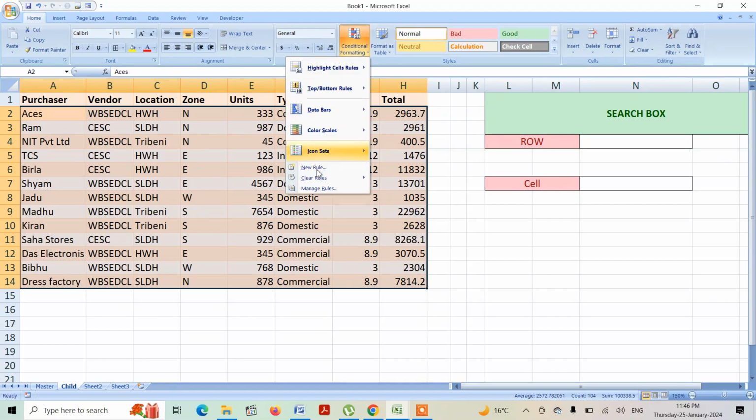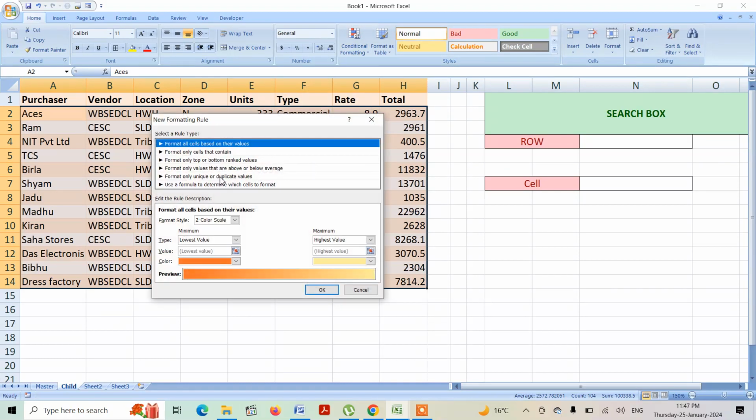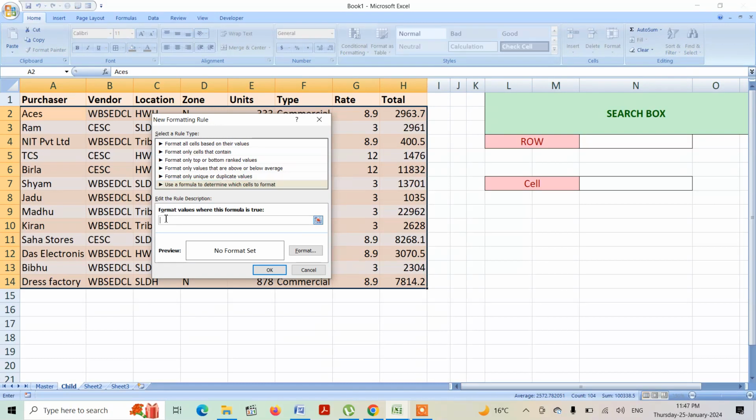So let me select the range of cells over which this conditional formatting will be working. We will be going to conditional formatting and then new rule, and use a formula to determine, and equal to, we will be selecting any of the cells. So suppose A2. So now A will be changing, meaning it won't be $A, and the 2, the row number, would also be changing. So simply we will be pressing the function key F4 from the keyboard until it is only A2, equal to, it will be searching this value, that is the value which is present in the N cell 7,